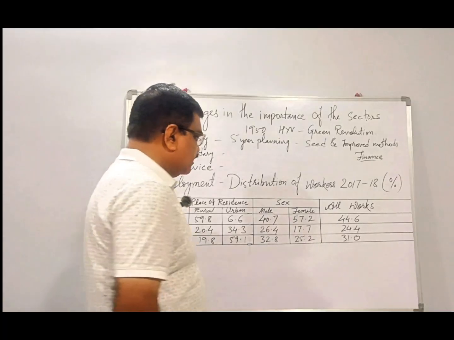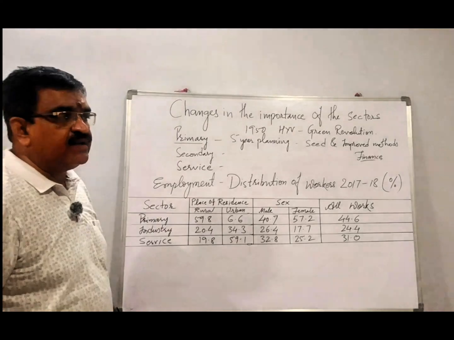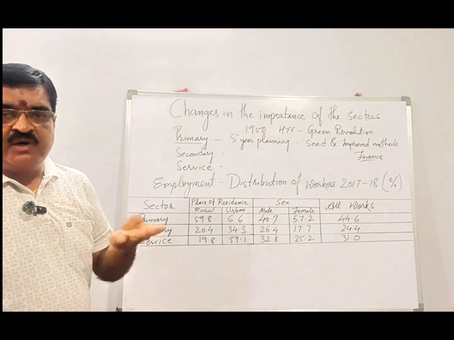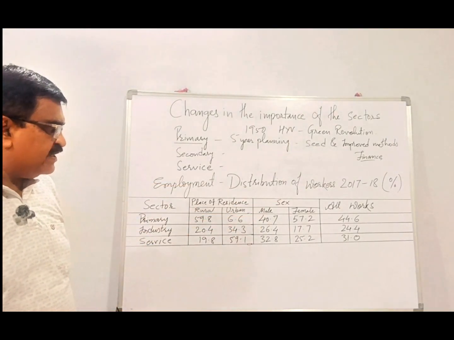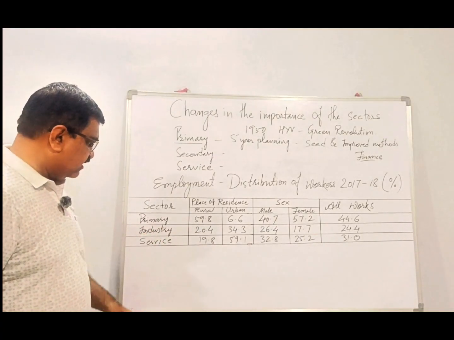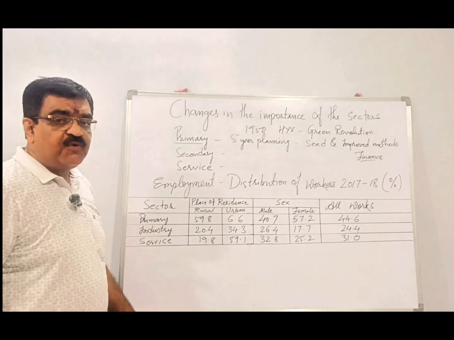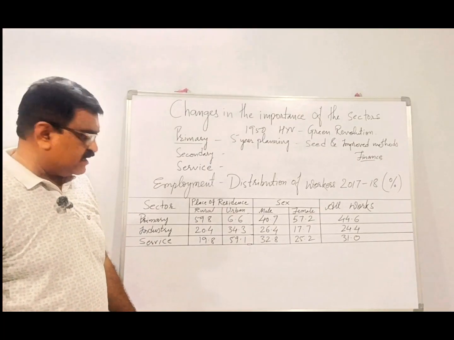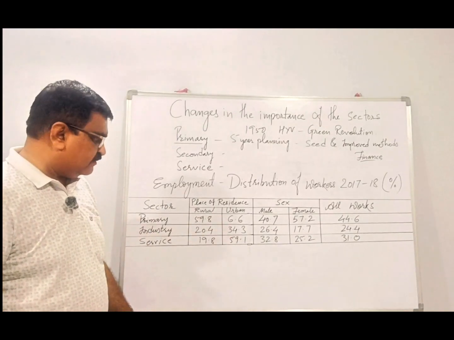Now when we see all the works of the primary sector, 44.6% of people are involved in agriculture, mining, quarrying, basket weaving, poultry farming, this type of work. In total, how many people are involved? 44.6% of people. Now when we see the industry sector, from the rural area, 20.4% of people are involved in the secondary sector or the industrial sector. 34.3% of people are involved from the urban area.